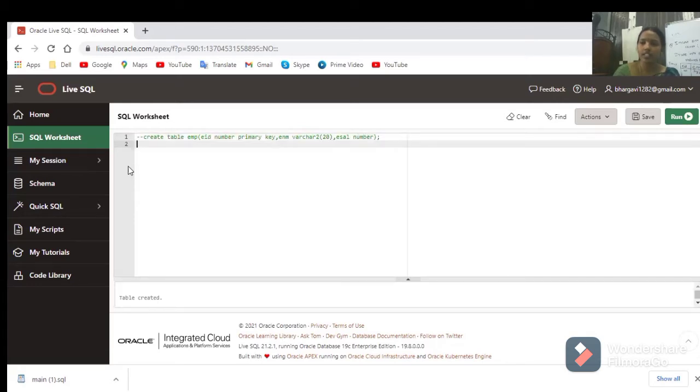Now insert the data. Insert into. So first follow this command. Insert into table name. So what is a table name? Employee. I am saying values. So what values you have to specify? You have to specify the values in which order. In which order you have given the column names, in the same order you have to give the values.